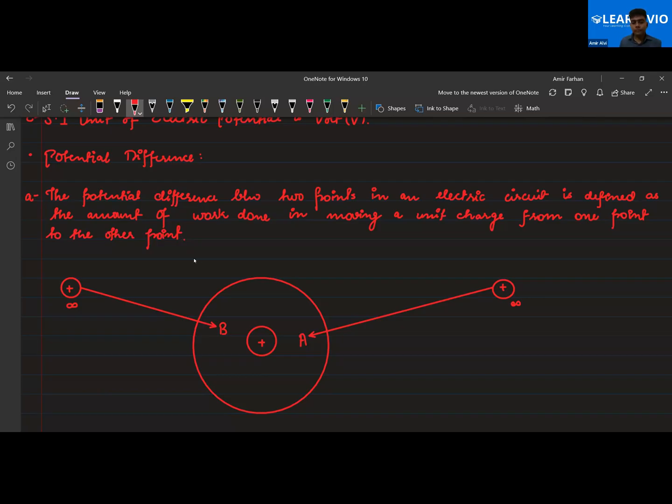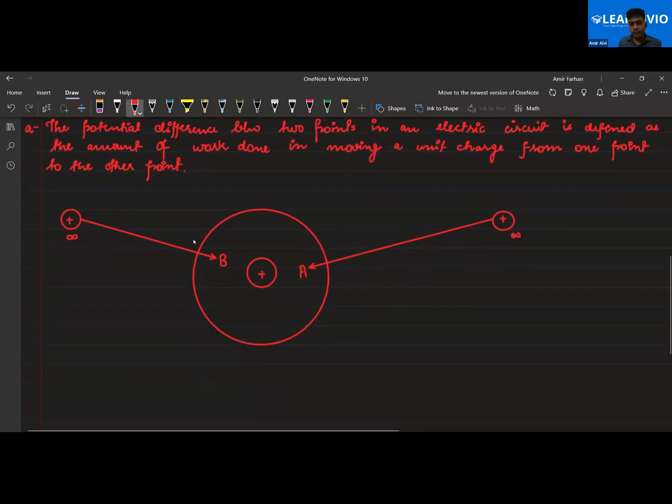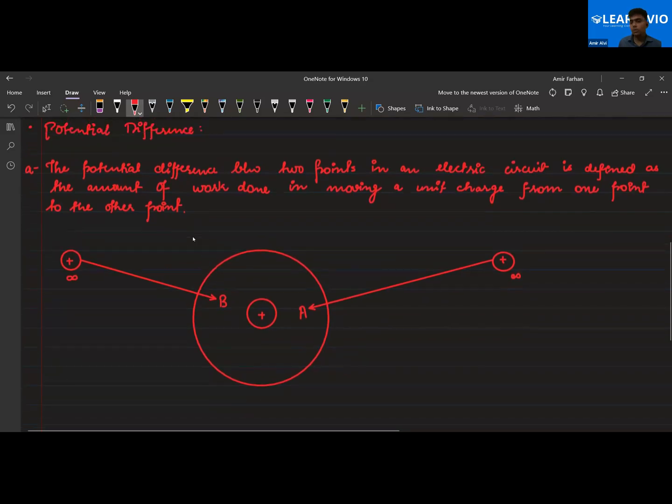Okay. That is the electric potential difference definition. If you write it in terms of the formula, that is work done by charge. Potential difference is defined as the work done to move a charge from point A to point B. Basically, per unit charge. Clear, everyone? So this is the formula, where V is basically the potential difference